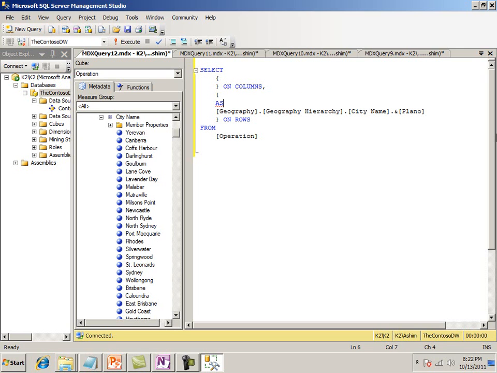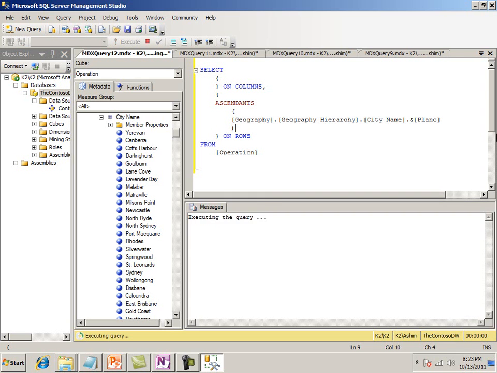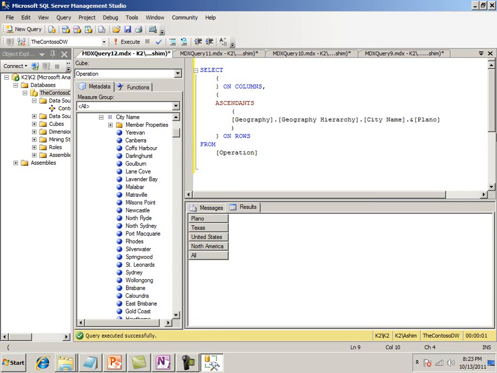So ascendants of city of Plano. And okay, so F5 should give us Plano, Texas, United States and North America, and we want to convert the current member to a string. So our function would be